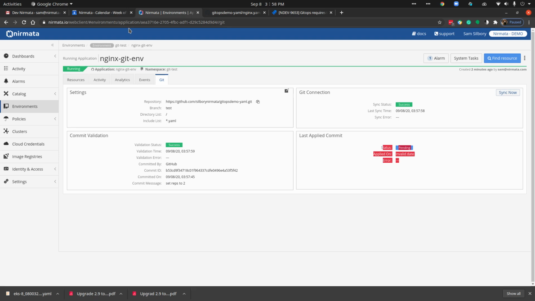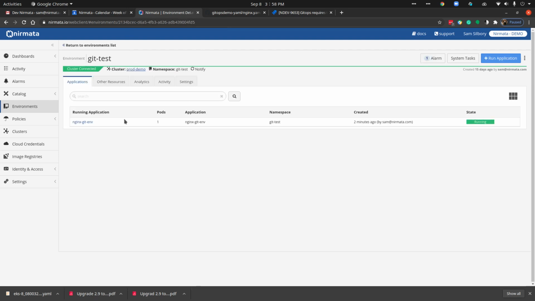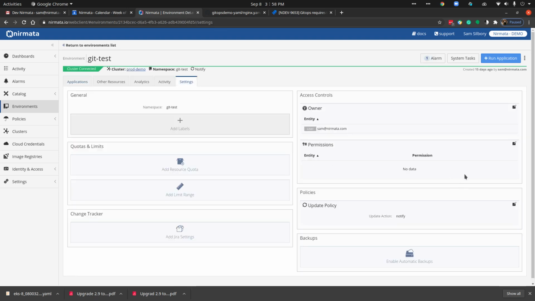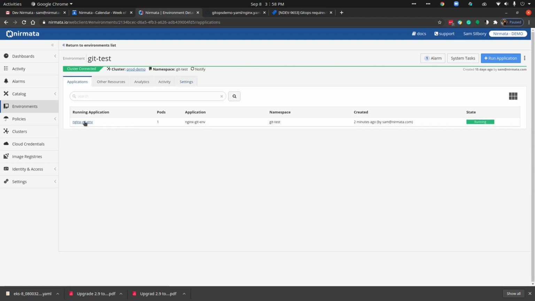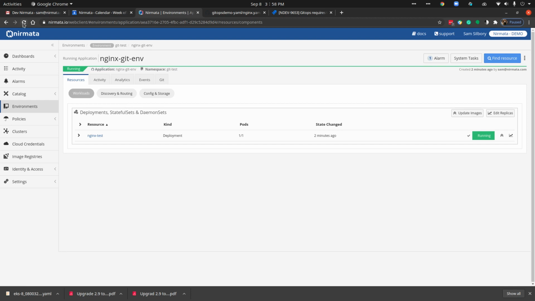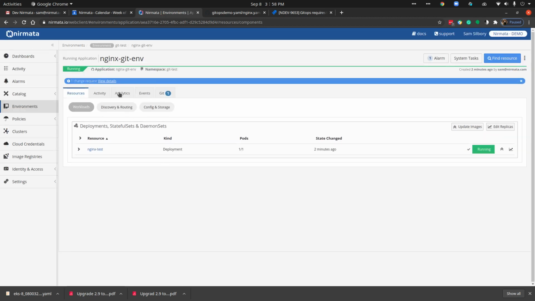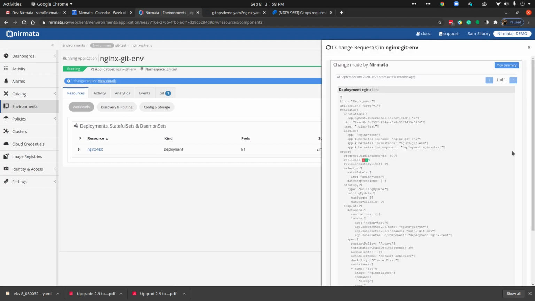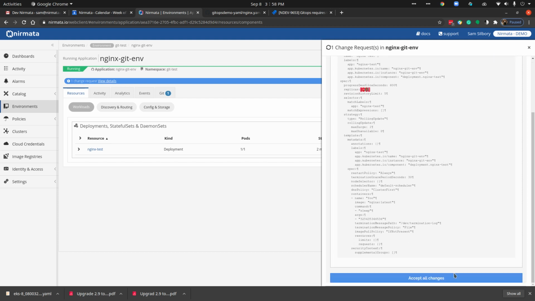Why is this pending? Well, if we go back to our environment here and look at our settings, our update policy is set to notify. If we go back to our application and we get bored with waiting, we'll force it to reevaluate. And you can see we have a change request here. If we click on view details of this, you can see we're going from 1 to 2 replicas. And if we accept changes,